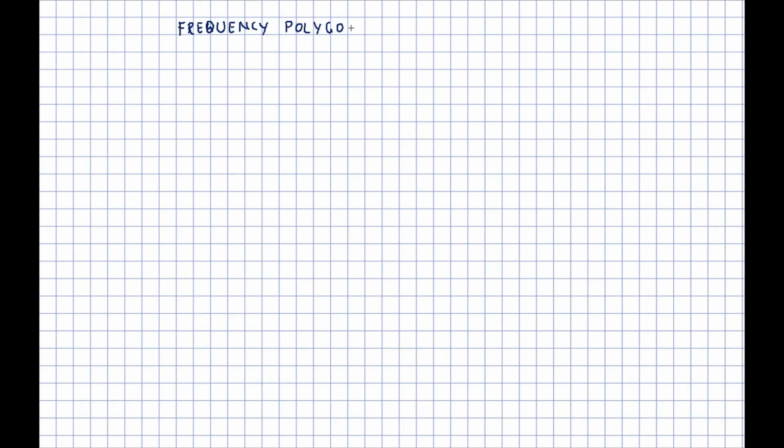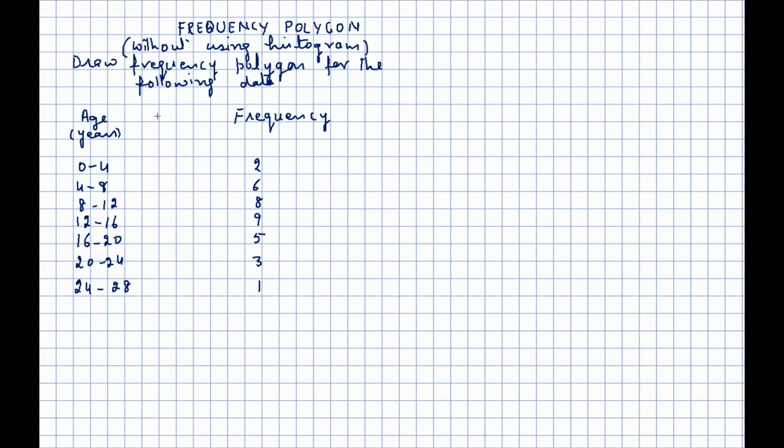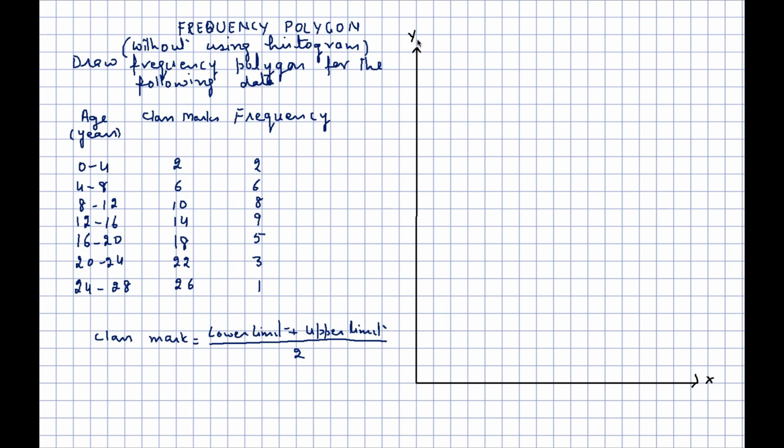Let's draw a frequency polygon without a histogram. Draw this with the help of the given table. Please note, the class interval here is continuous and the same, so there is no need to calculate adjusted frequencies like before, as the value of frequency here will be the same as that of adjusted frequency. Since we won't be drawing histograms, straight away calculate midpoints of the class intervals using the formula below: lower limit plus upper limit divided by 2. This is the midpoint of the class interval, which is also called the class mark.